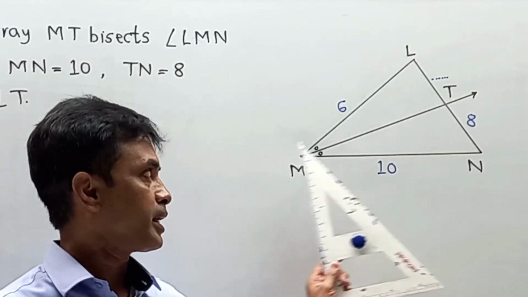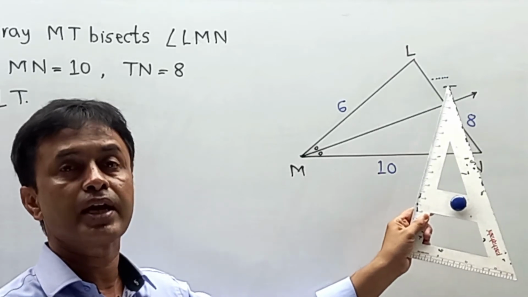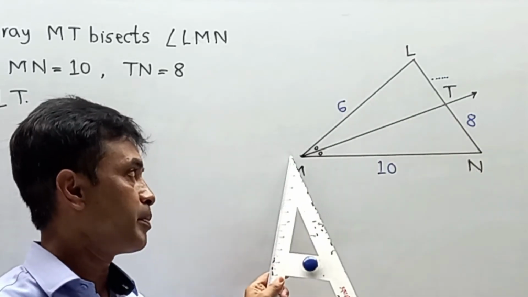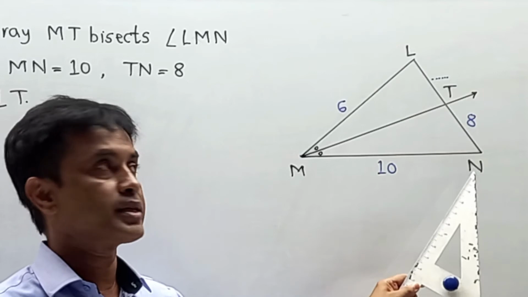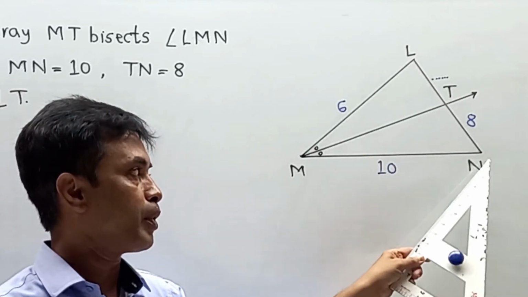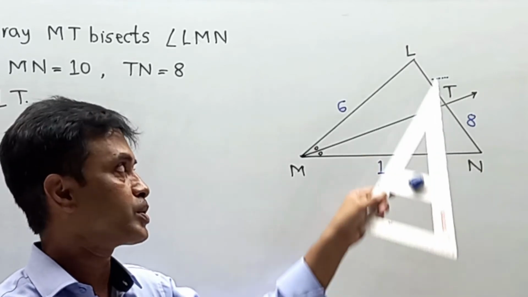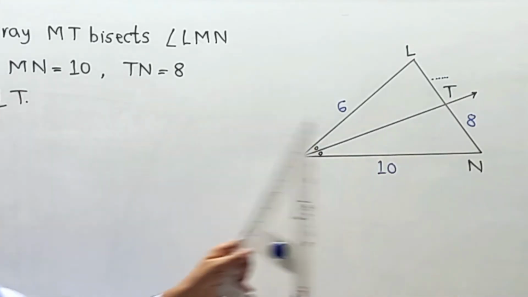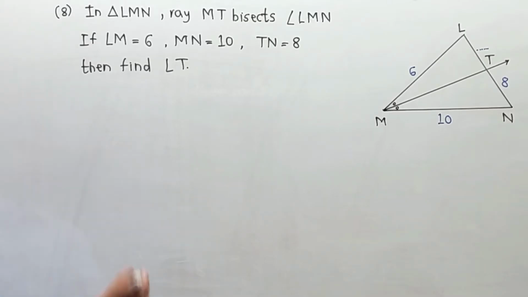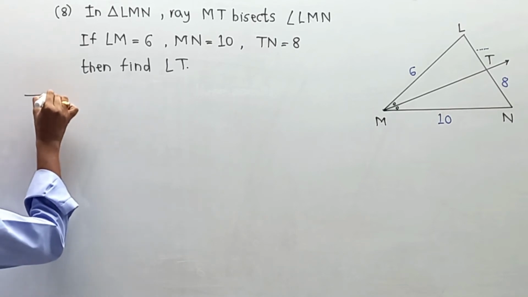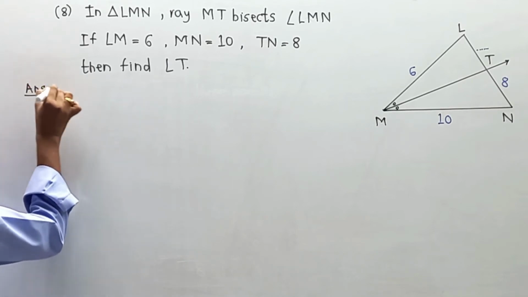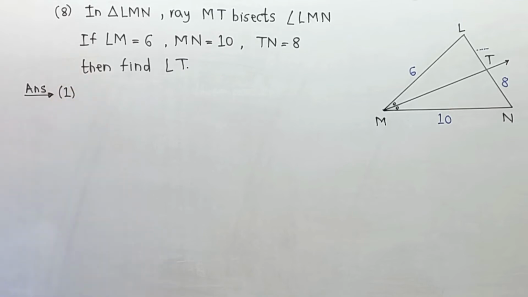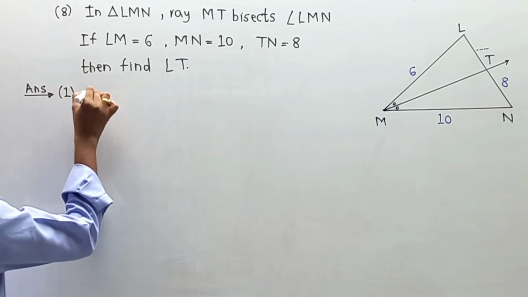We know that if MT is an angle bisector, then we have the ratio LM upon MN is equal to LT upon TN, and by this we can find LT because we know the rest of the values. Solving that part over here, the answer first: in triangle LMN,